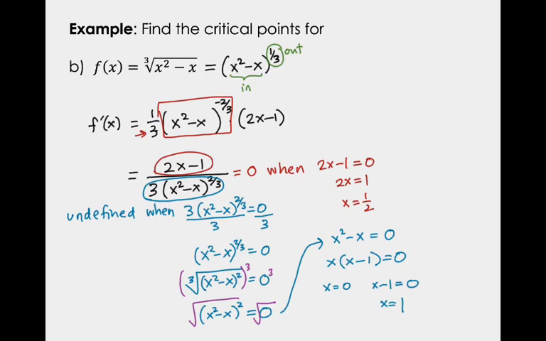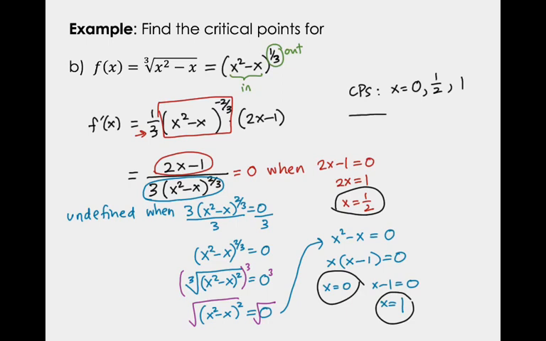So our critical points, we had 3 of them: 1/2, 0, 1. Let's put them in order: x equals 0, 1/2, and 1. All right, so again, finding critical points, we want to set the derivative equal to 0 and figure out where it's undefined. We'll continue with another example of that and then apply this to the idea of absolute maximums and minimums